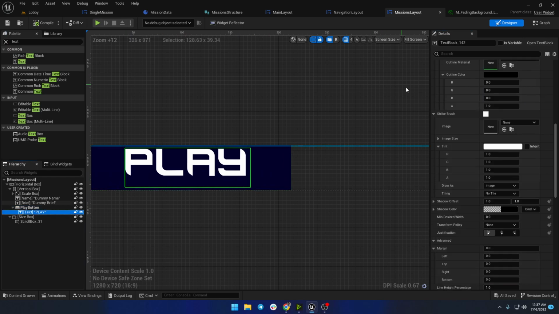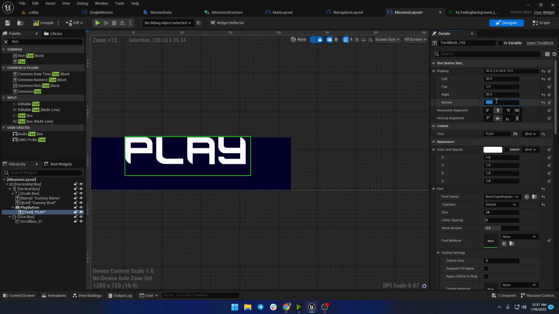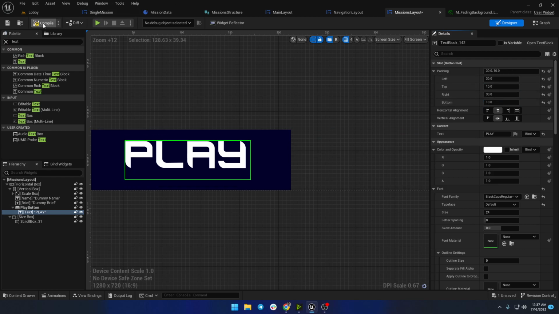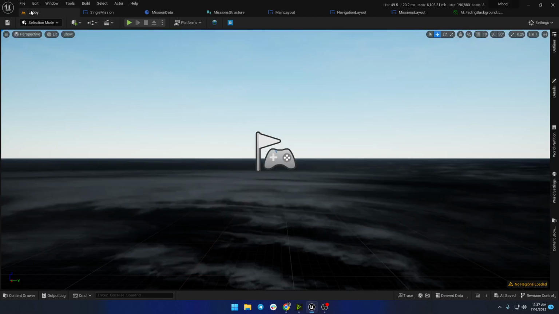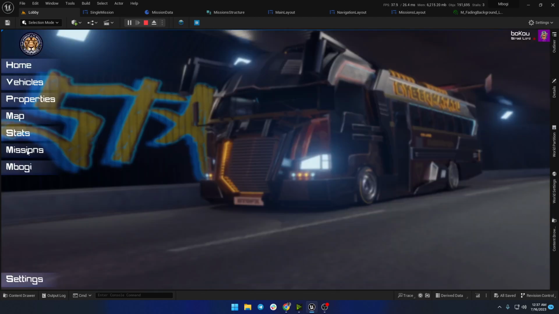There's some I miss. The top paddings for the text. I'll take them to 10. 10 for that, 10 for that. Go back here, still don't have a background, so the text is not visible. So, okay, nations,